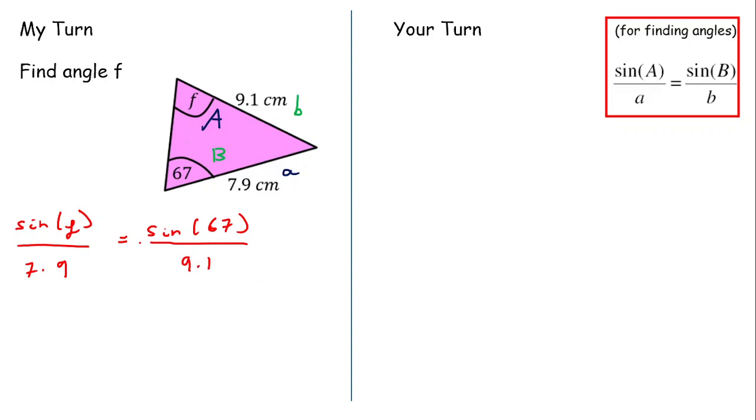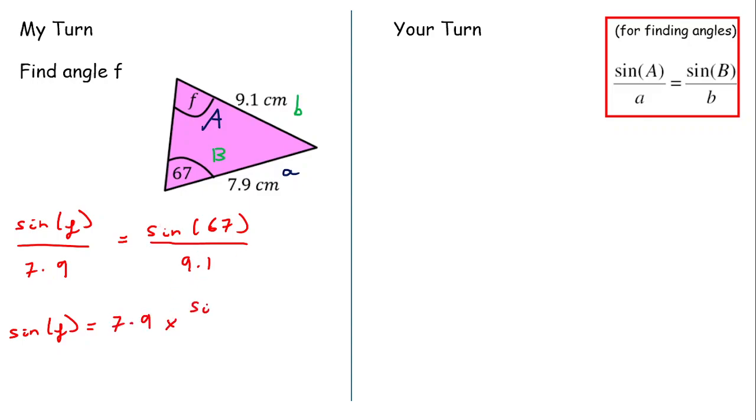And very similar to the previous video, we've got to get rid of this dividing by 7.9, so I've got to multiply through by 7.9 on both sides. If I do that, I'll get sine of my angle F is equal to 7.9 times